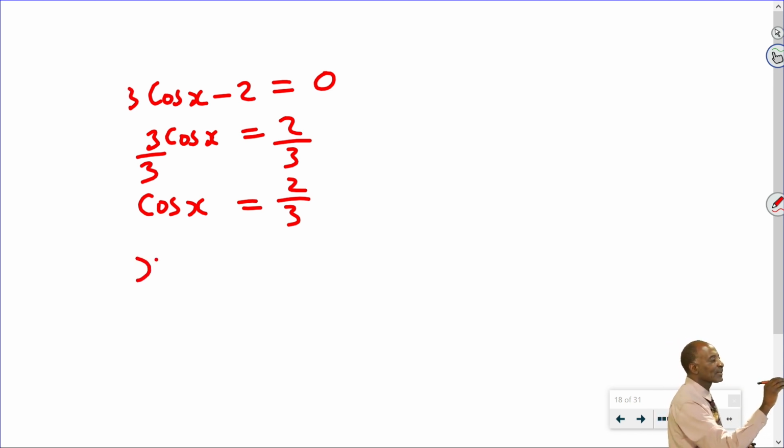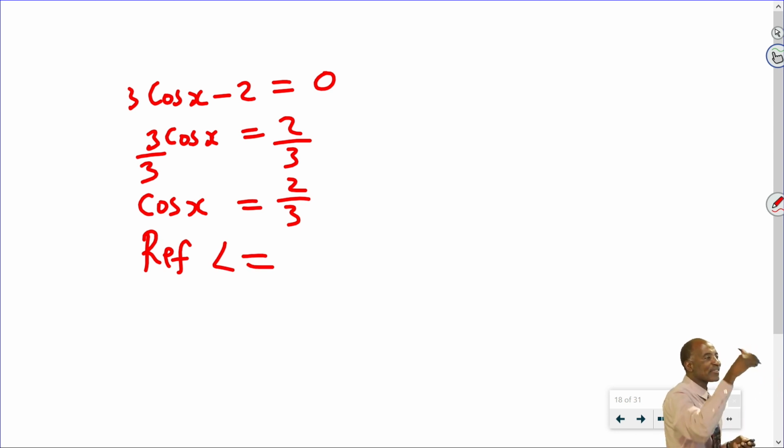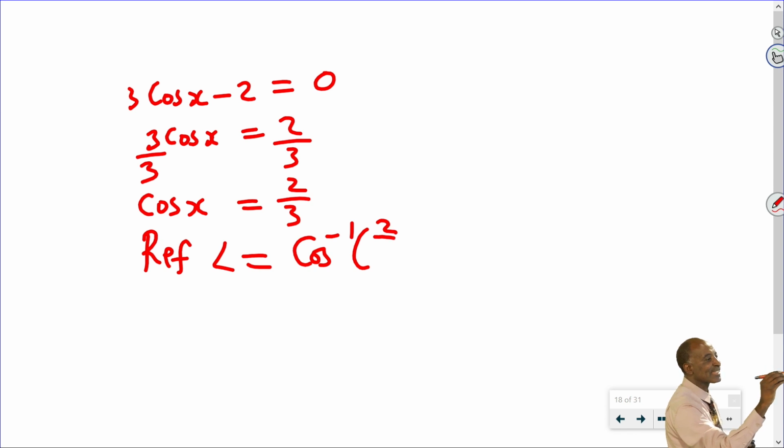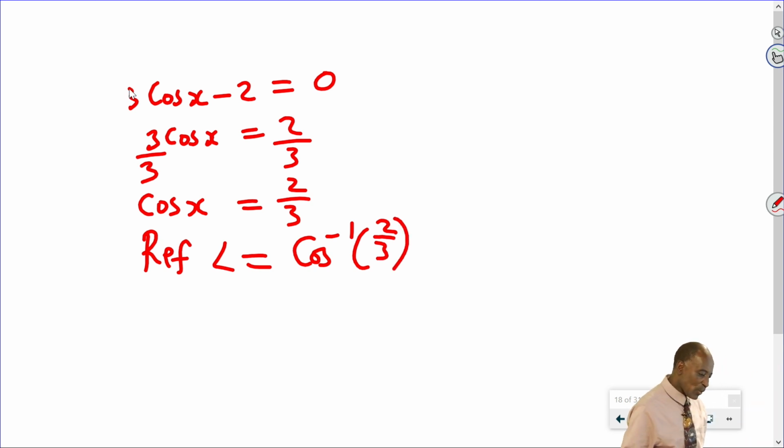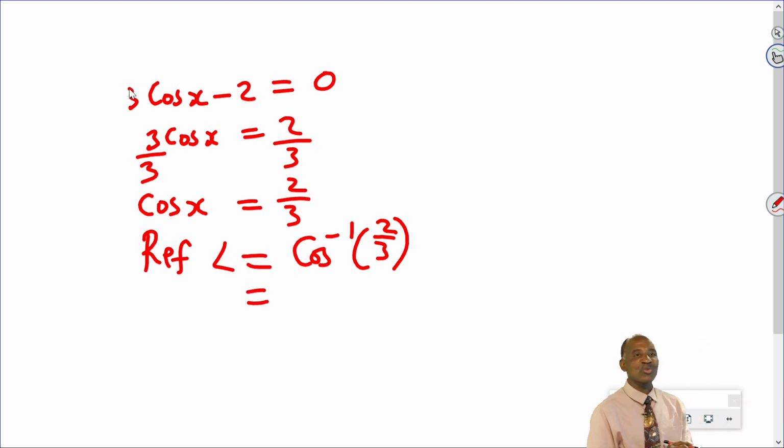Before we get to x, let's talk about the reference angle. This is the angle that you are going to refer to find your solutions. It's going to be arc cosine of 2/3. You take your calculator, press arc cosine of 2/3 and get the answer. What is arc cosine of 2/3? Second function, cosine, it will bring that cos with a negative 1 at the top. That is read as arc cosine or inverse cosine of 2/3. It means one and the same. Inverse cosine of 2/3, I'm getting